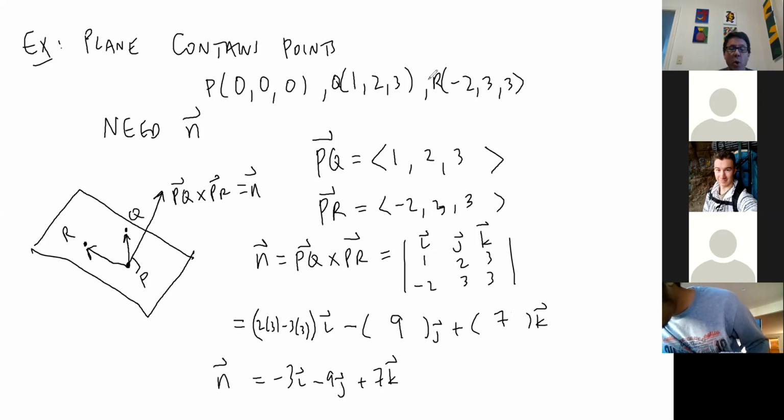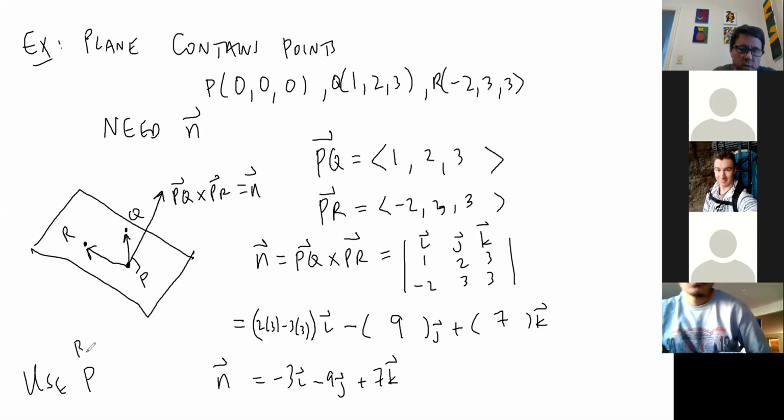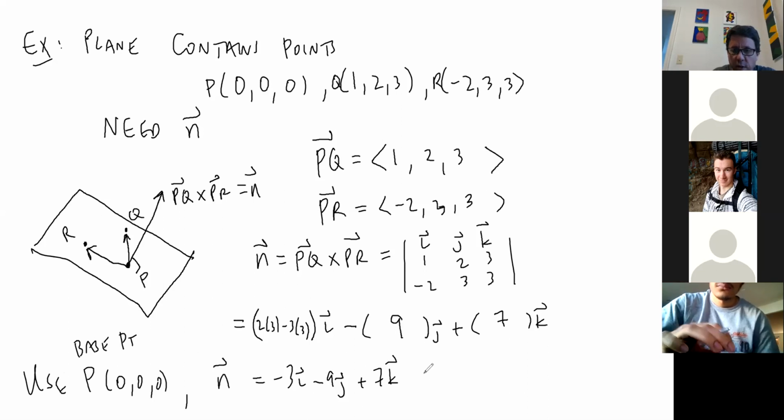So I have 3 points. You can pick any point you want for the equation. Probably P is the easiest. And then that's the normal. So if I use the base point P, 0, 0, 0, and I use this normal vector, then the equation of the plane